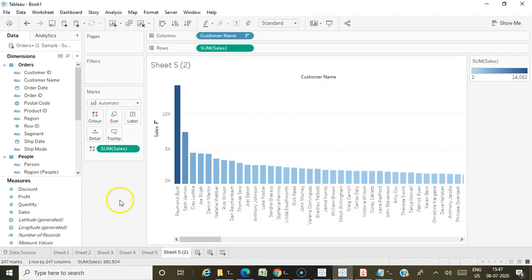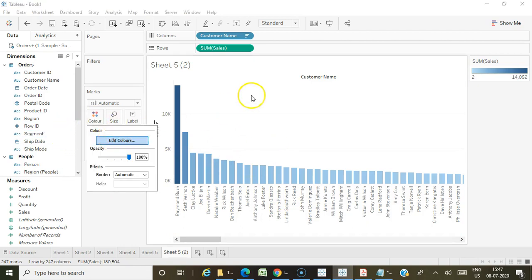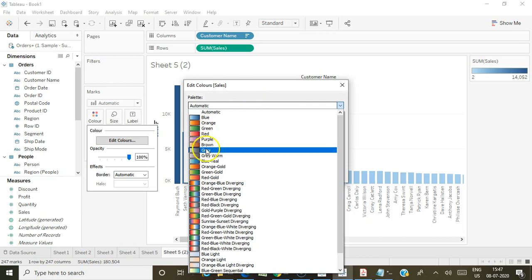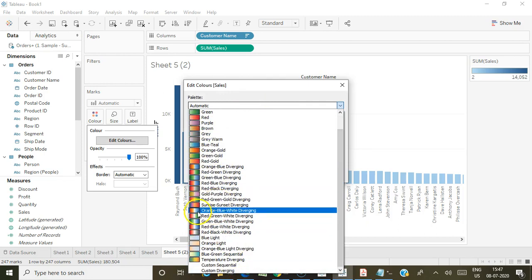I have already explained that for each measure a default color will be set, and the default color of sales value is blue, so automatically you get the continuous range color of blue. Here also we have various color palettes like a single color, double diverging colors, triple diverging colors, etc.